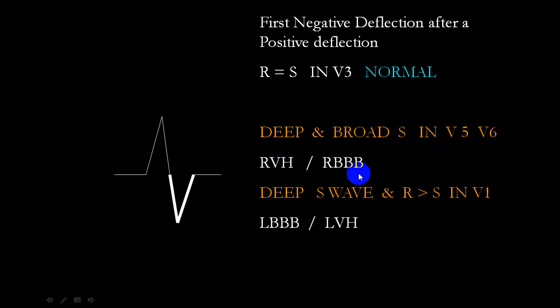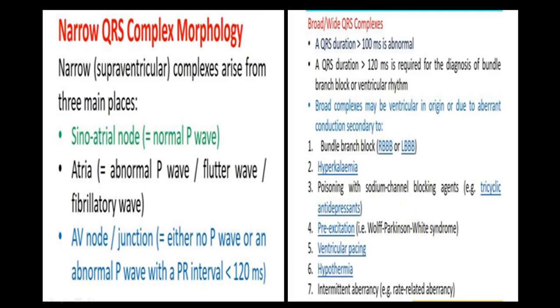Opposite of that, if you get a deep S wave in V1, it is in favor of an LVH or left bundle branch block. And sometimes, if there is hardly any R wave, mainly a deep S wave or what we call QS, there is no R wave at all and very poor R wave progression, it is very common in an anterior wall infarction, recent or an old anteroseptal infarction. Do keep this in mind. So this is regarding the QRS complex.